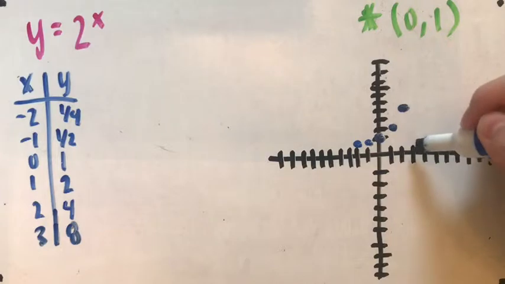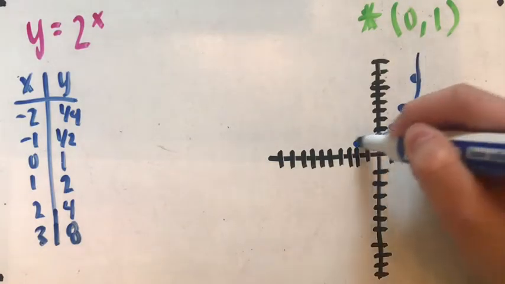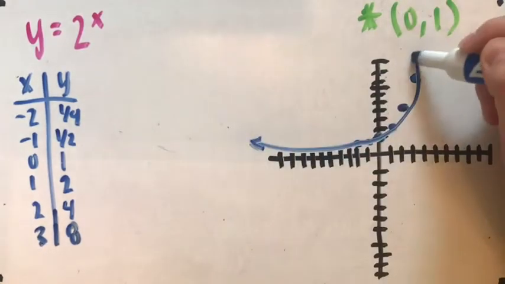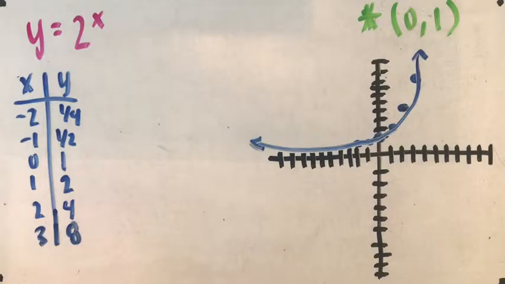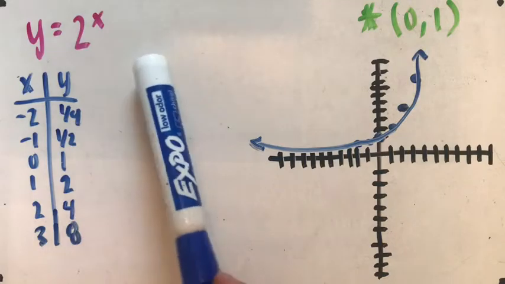So we can go to 3, 8, and that's it. So then we just connect the points. So that is how to graph an exponential function, but it gets more complicated once you start adding in more